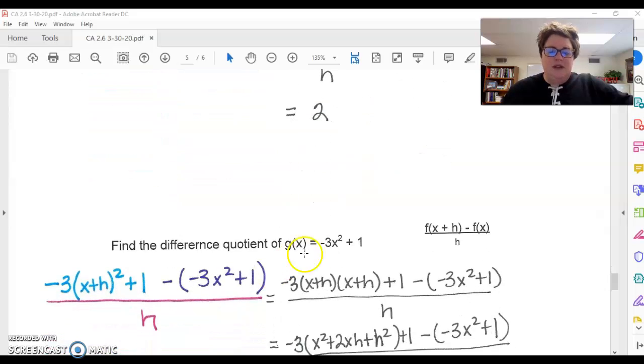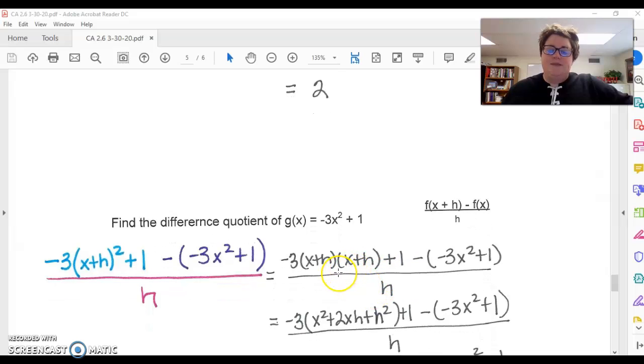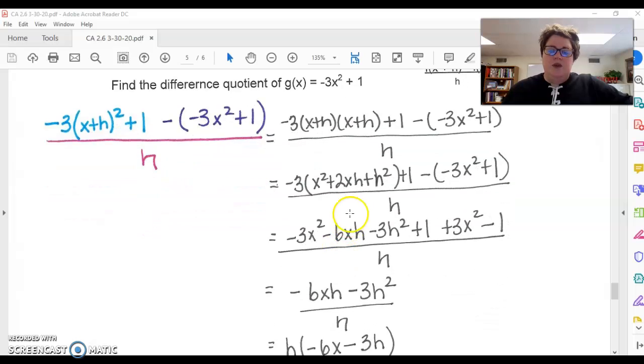Okay, the next one, I have negative 3x squared plus 1. So the first time, in the turquoise, I'm going to put x plus h in for x. The purple, I want to subtract my function, g of x, and then all over h. So remember, x plus h squared actually means write it down twice and FOIL it out. So negative 3 times x plus h times x plus h. So you want to FOIL,